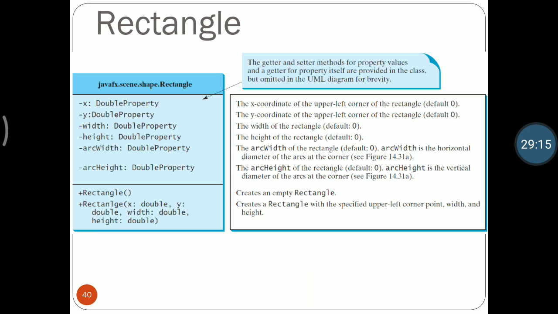Second one is Rectangle. Rectangle will have x, y, width, height, arc width and arc height parameters. It will have a Rectangle constructor and a Rectangle constructor with x, y, width and height parameters.